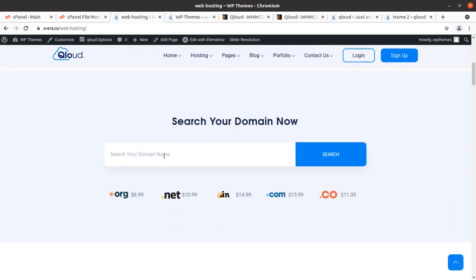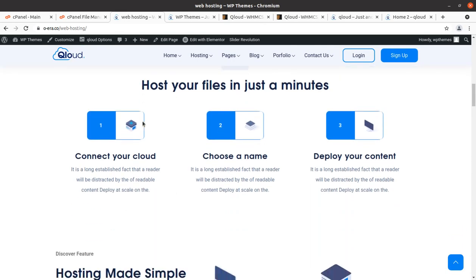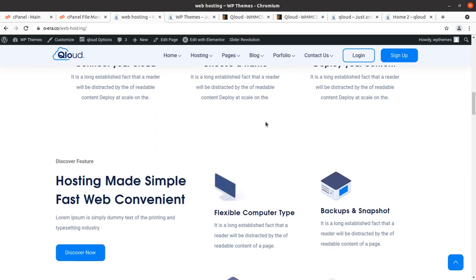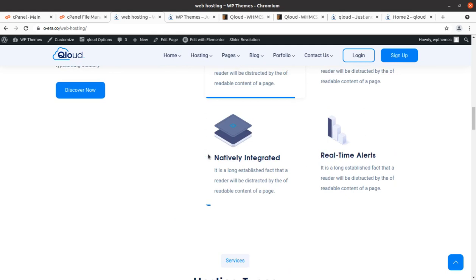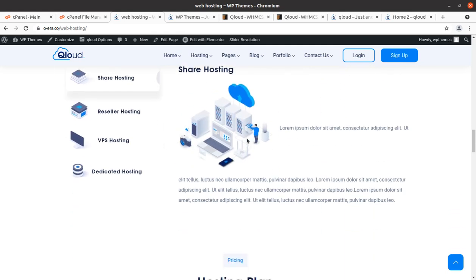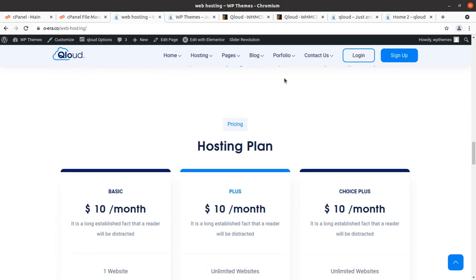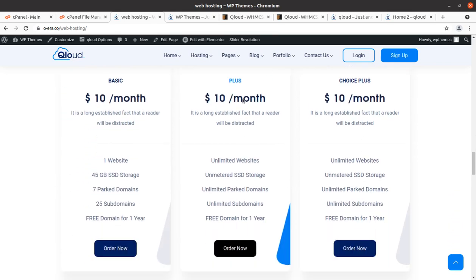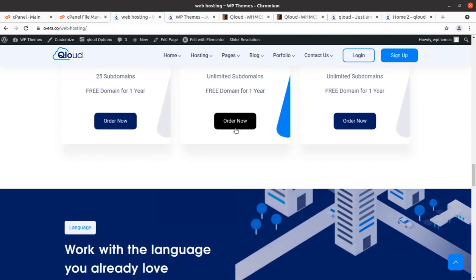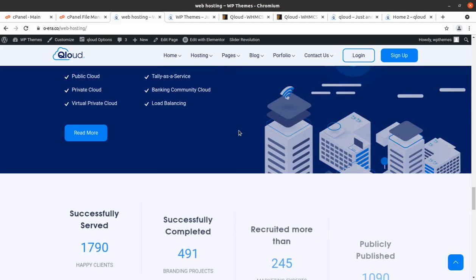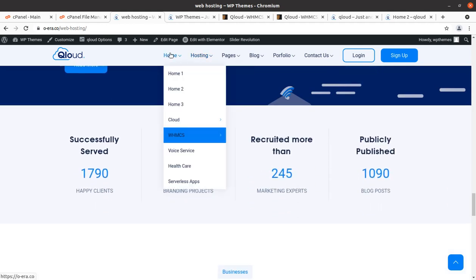Yes, so the website is really very good, and we got all the features in this installation. So it is a great website. Of course, QLoud is working very fine for the purpose it has been made, and the presentation of content is really very good.